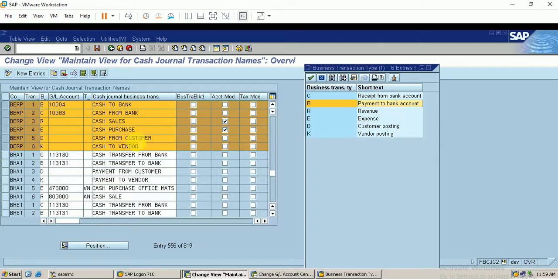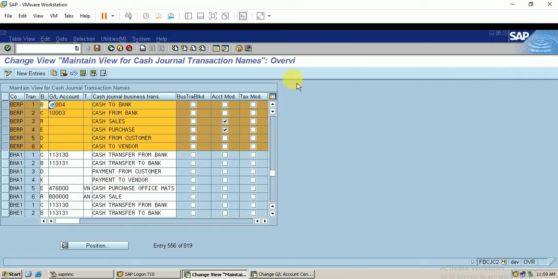For example, cash to vendor, which means I'm paying my vendor, represents business transaction type K, that is vendor postings. In that way, we need to configure so that we ensure the correct business transaction is posted. Likewise, I have configured.